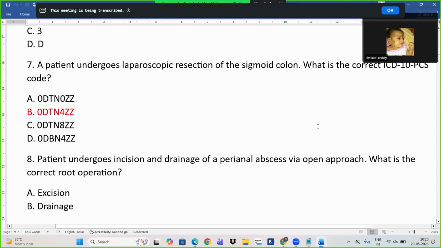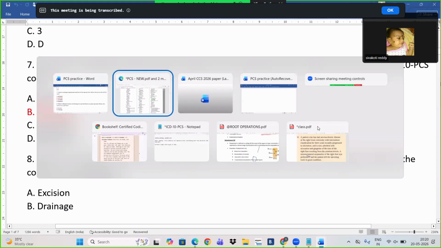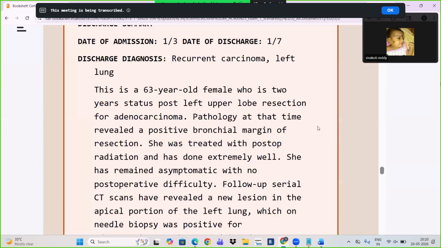Like this, we need to eliminate the options in the multiple choice. Now, in the case studies, how do you get the options and how do we find the answer? See, this is the case study, guys. A case study will be a minimum of 3 to 4 pages, the entire document. In the case study, we need to identify ICDs and procedures, either CPT or PCS procedures. Inpatient means we will get PCS procedures. Outpatient means